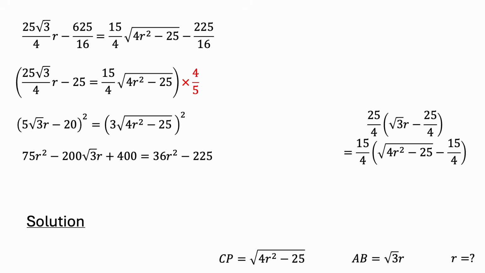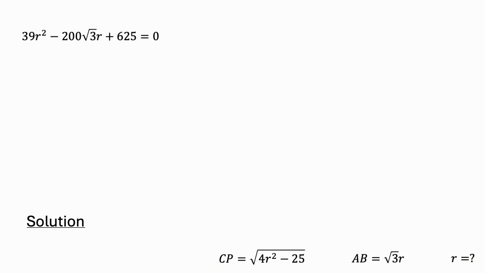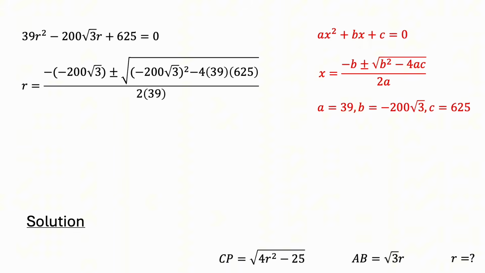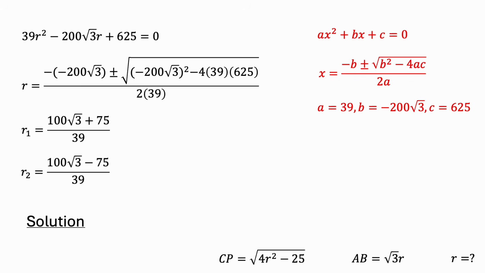After combining like terms, we arrive at the quadratic equation 39R squared minus 200 square root 3 R plus 625 equals 0. Using the quadratic formula, with a equals 39, b equals minus 200 square root 3, and c equals 625, gives two possible solutions. R1 equals (100 square root 3 plus 75) over 39, and R2 equals (100 square root 3